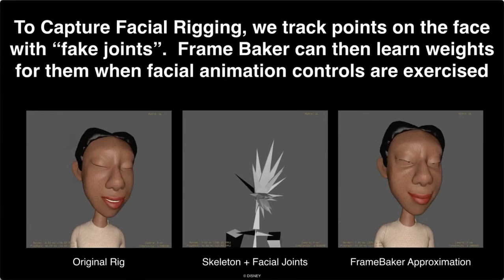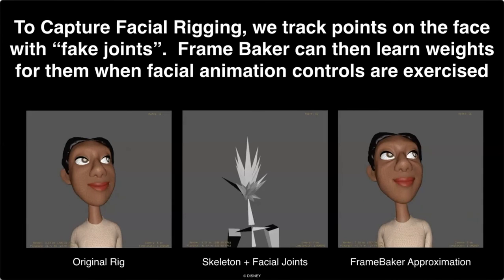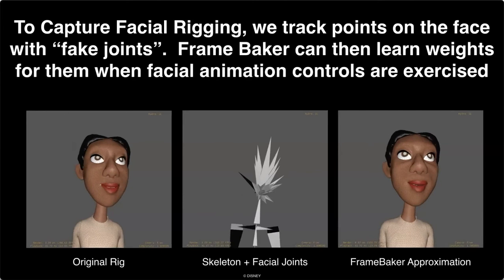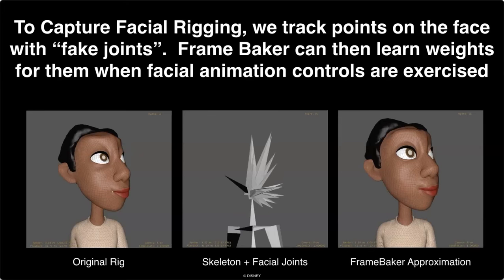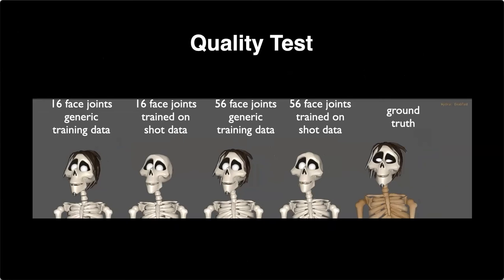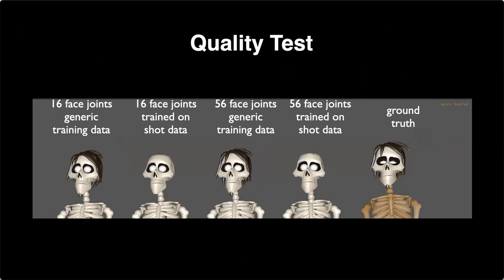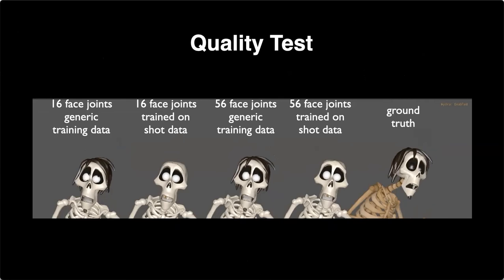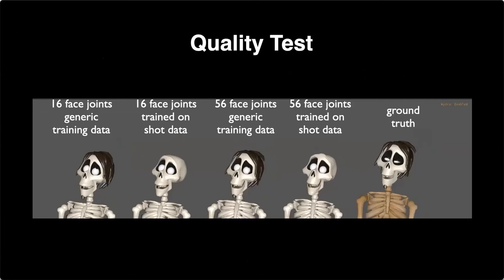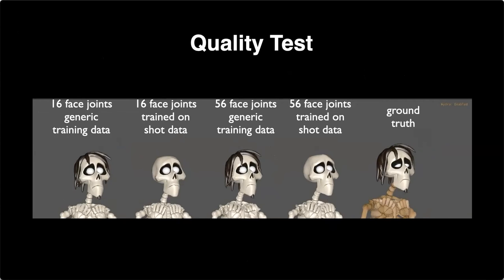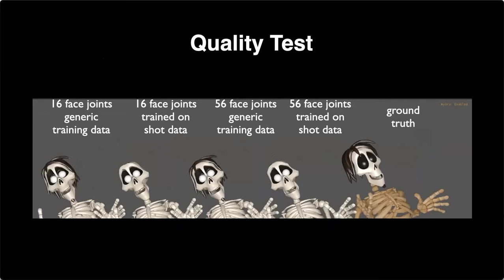And you can see when you compare the original to the approximation, it's close. The other one is a little lumpier, but it's pretty close. What's trickiest is the eyelids don't work super well. This is a quality test where we worked on Hector from Coco, who has these very thin eyelids that no matter how many bones we used, we really couldn't get it to correctly approximate the eyelids. So there's a certain point where there's a quality maximum to face joints where blend shapes helped us exceed